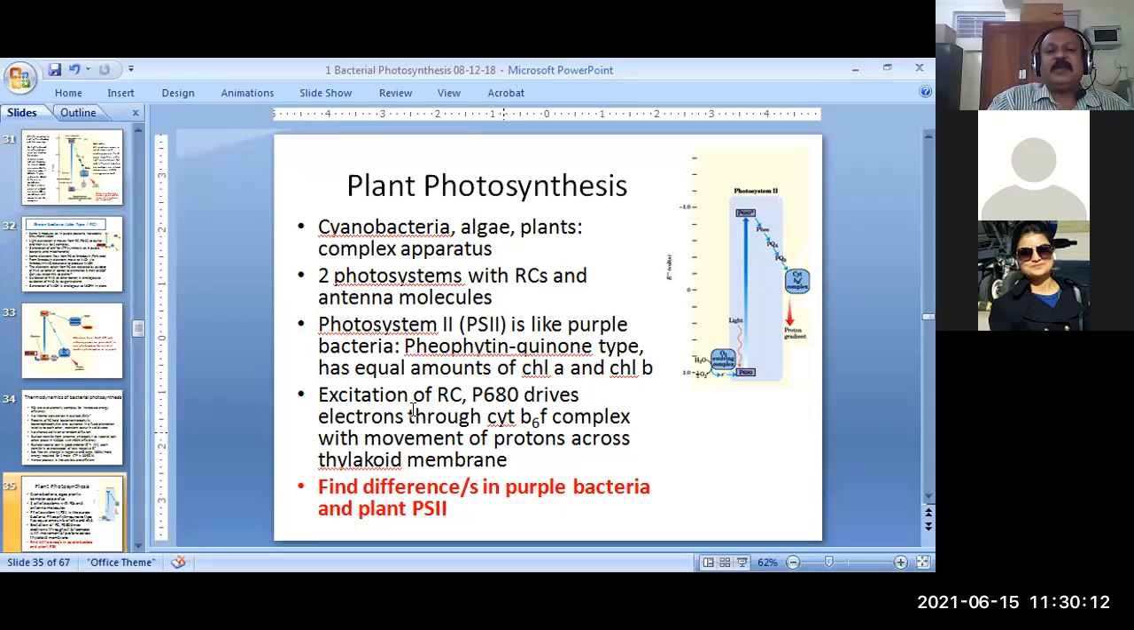So what happens is when the light falls on the reaction system, there is this pigment which is called